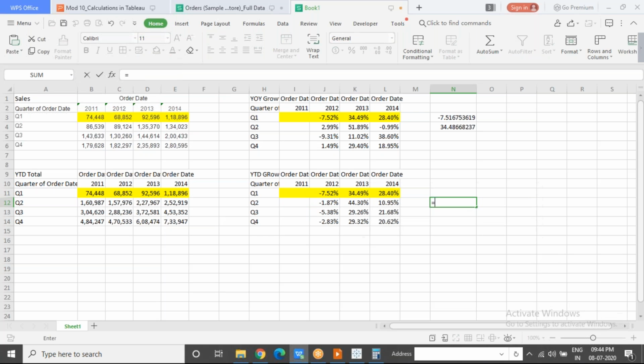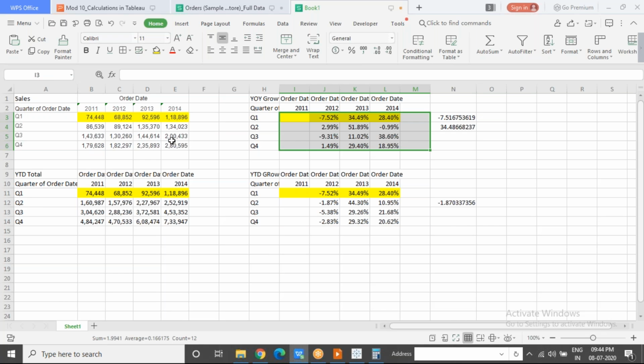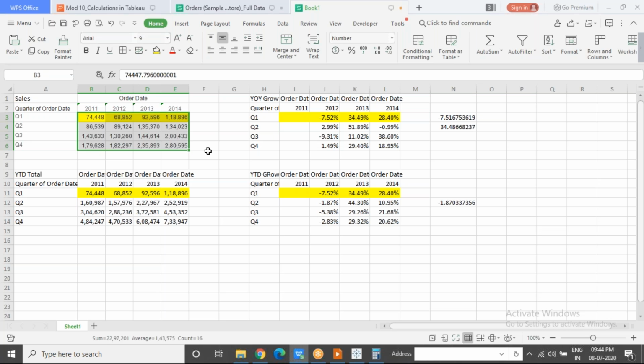How is it computed? Same formula. The current year sales minus the previous year sales, divided by the previous year sales, whole thing multiplied by 100, if you do, minus 1.87. Okay, so how is it computed? The formula is the same. The basic data on which the formula is applied will change. YTD growth is computed on YTD total. Year over year growth is computed on the actual sales value or the profit value, whatever you're trying to compute. Okay, now